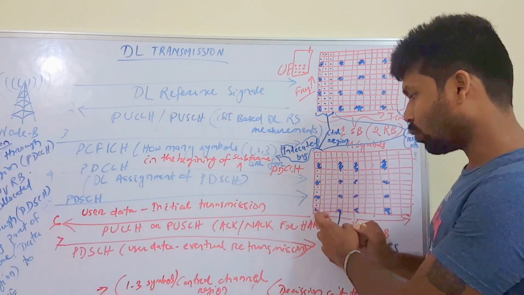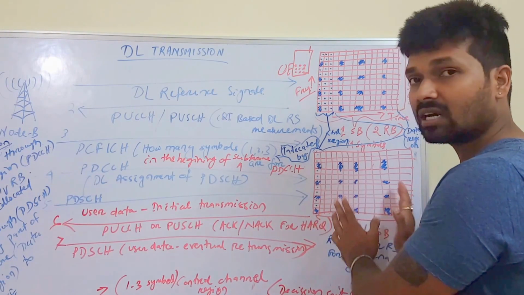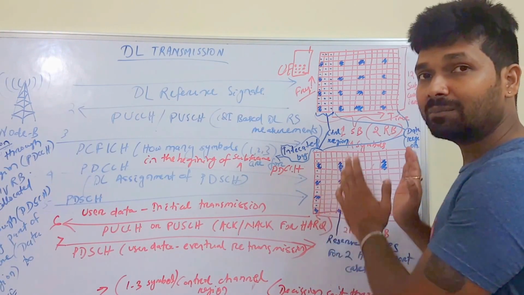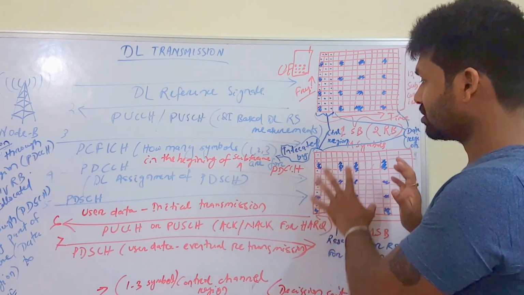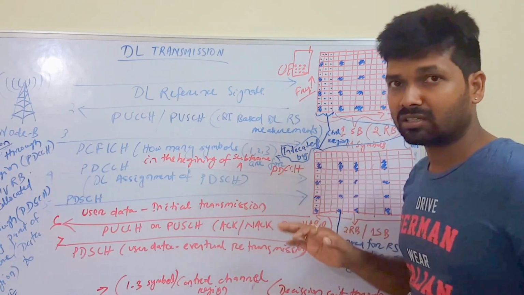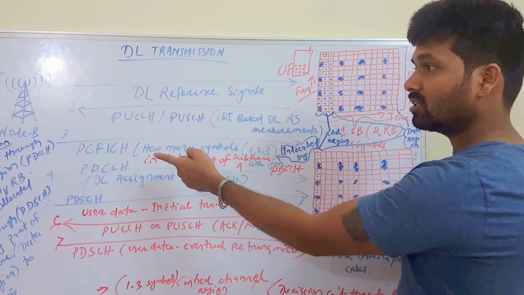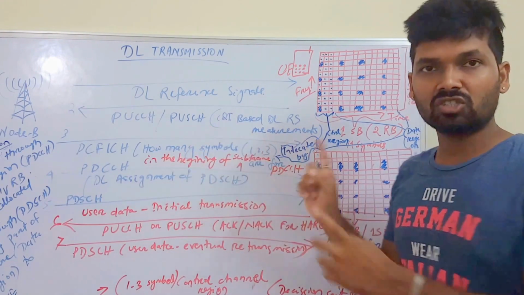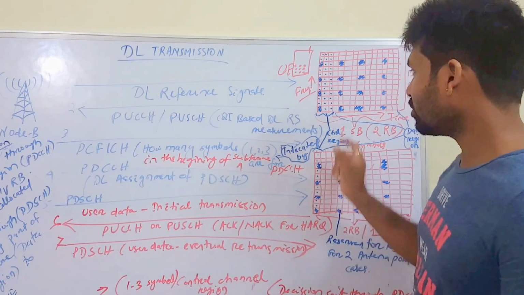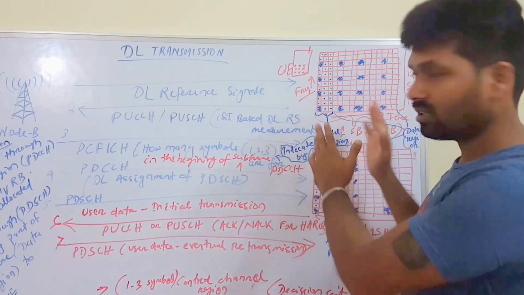So here, if you see, one symbol is for PDCCH and the others are called the data region, or this is used for the PDSCH transmission. So please pay attention and focus on this. If you understood this, then the rest of the things are easy. The third step talks about the PCFICH, the physical control format indicator channel. So it talks about the control region formats used in the subframe.